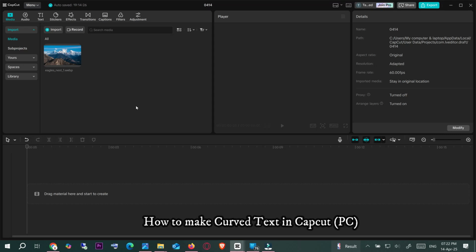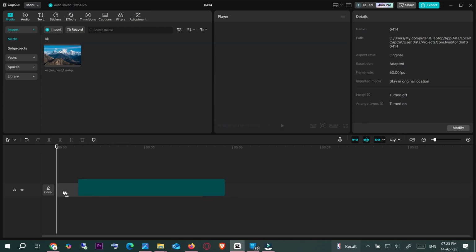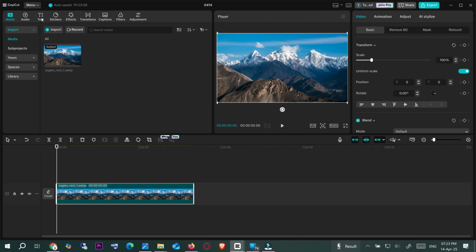Hello, in this video I will show you how to curve the text in CapCut PC. So first you need to place the image at the timeline. After that you need to click on the text,